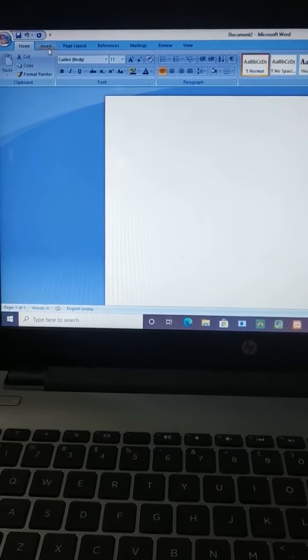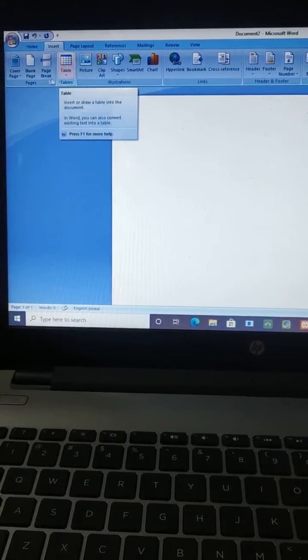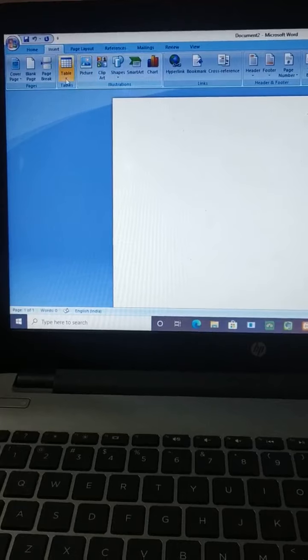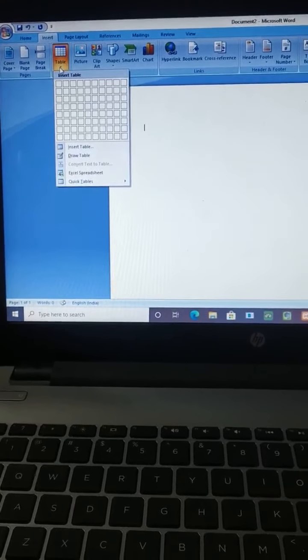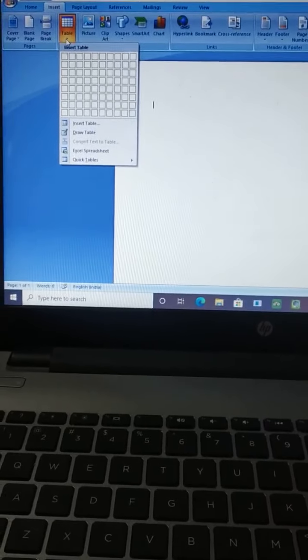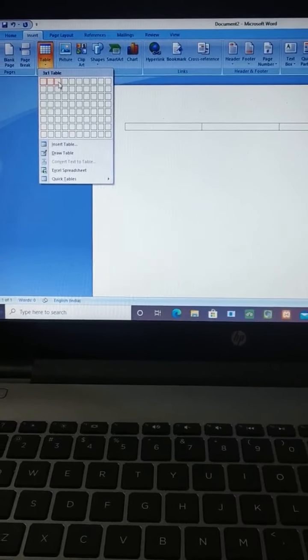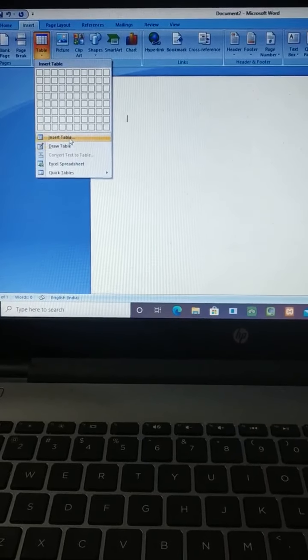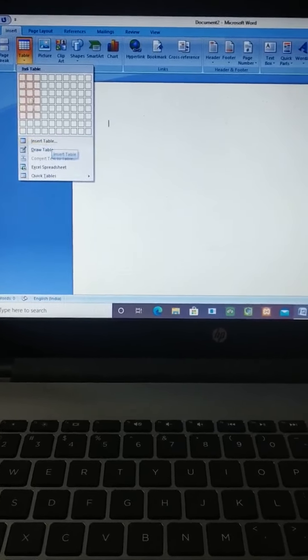In that we have to take Insert. In Insert there are some submenus and in that we can see Table. Just click on that arrow and look here. To insert a table, as I told you last time, either we can select how many rows and columns we want in this, or we can select Insert Table and type the number of rows and columns. So I am selecting like this.